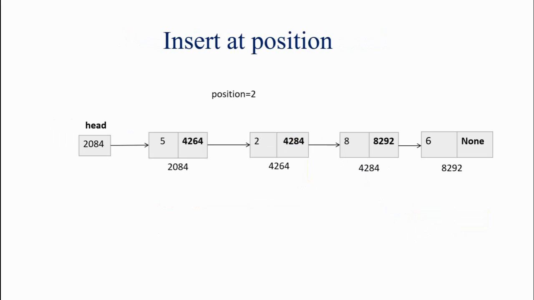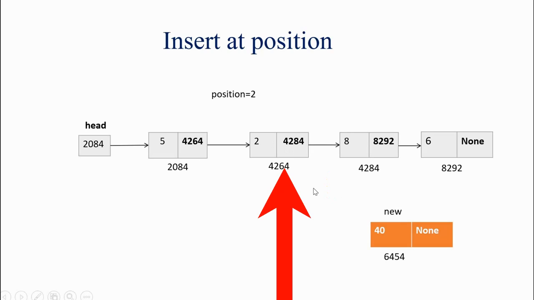Next, we will see how to insert at a given position. For example, position is 2, that is 0, 1, 2. We need to insert the node in this position, that is in between these two nodes. We will see the steps for that. So we have the new node created here. First, we need to traverse till this node. For that, for traversing, we need to have a pointer. Temp is the pointer. Now temp will move till it reaches this node. This node is at position 1.